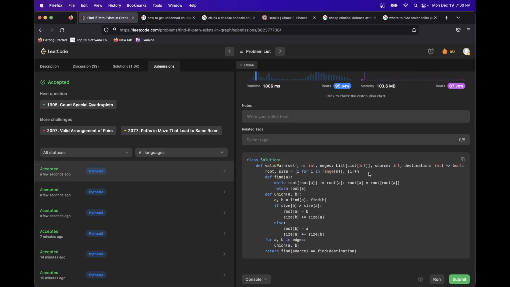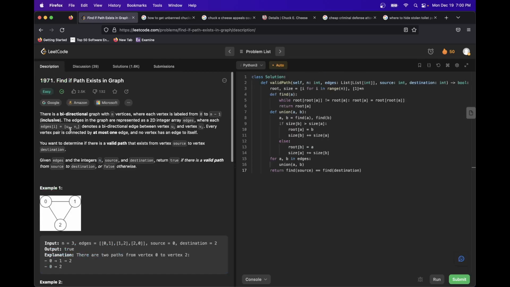The time complexity of this immediately right off the bat is O of n, because we have to make root and size of size n. And the path compression really changes the time complexity here. If we didn't have this, what would happen is root would essentially be mapping out this giant tree, and a bunch of nodes could be pointing to a bunch of things, and everything would eventually point back to 0. That's part of the 0th component,